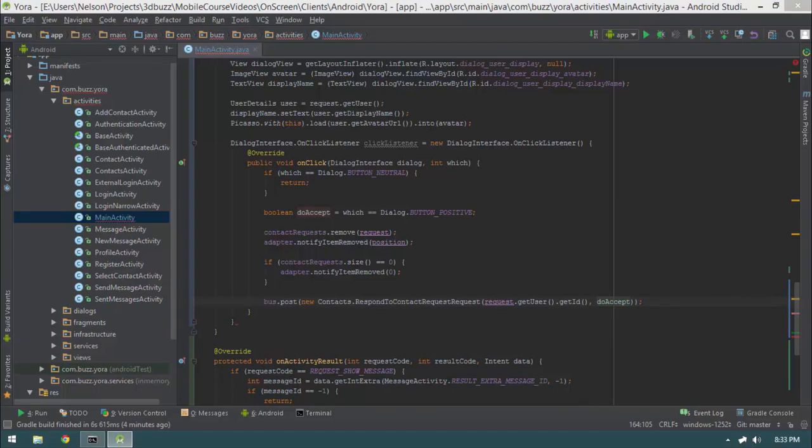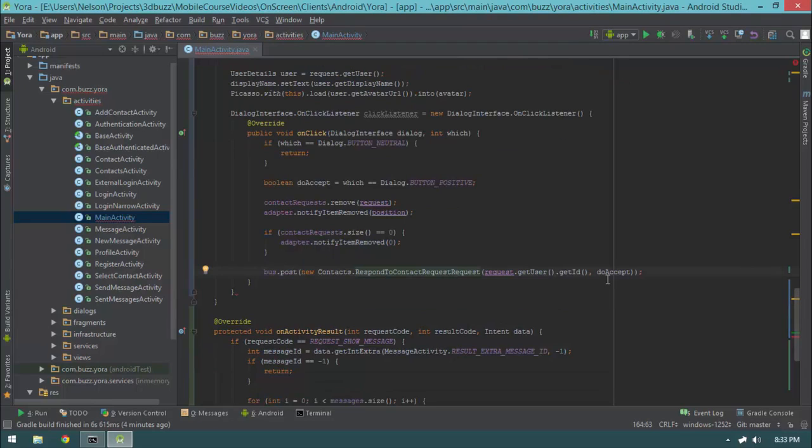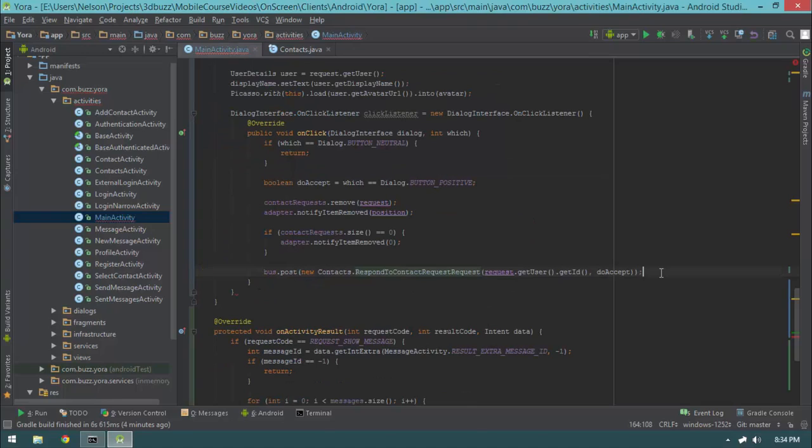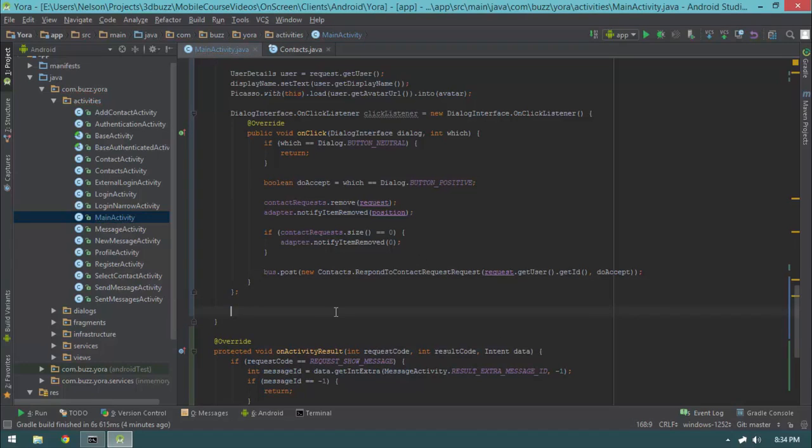And that's going to be pretty much it as far as our respond to contact request. I do want to point out though that I should come in here, control click on here, and oh, that's fine. Contact request ID, I suppose, is fine for that parameter name. All right, so now that we've done that, make sure to terminate that last curly, and then we'll create our